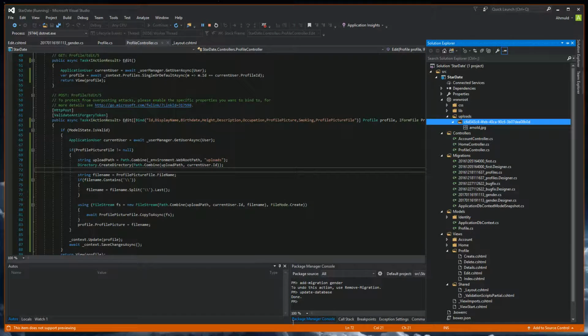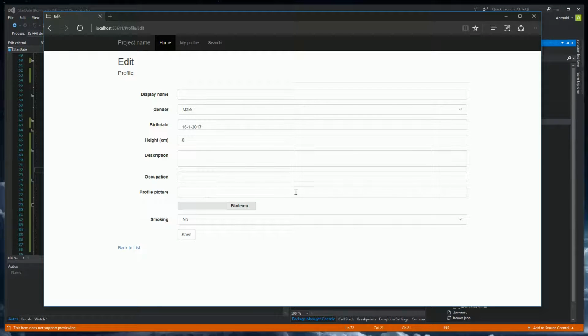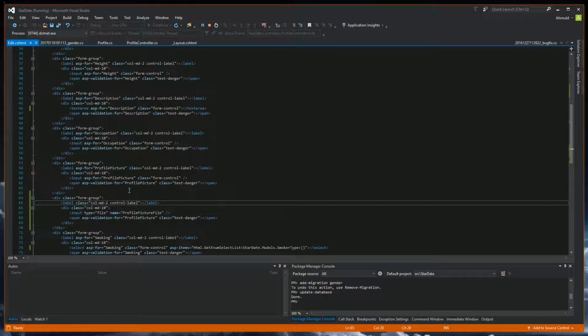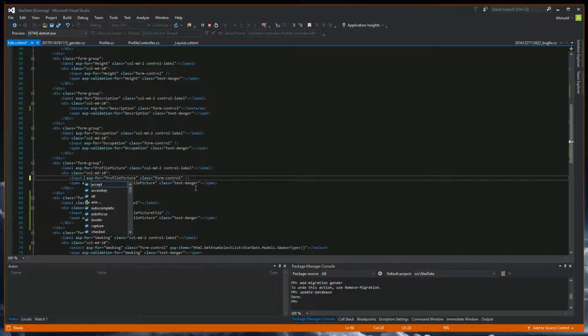So it would be nice if we can actually see the picture here. So let's fix that right now. For this we go to the Edit View. And then where we previously left our input field, we are going to modify this a bit. I'm going to change this input to type hidden, which means the value inside it will be posted again when the user hits the submit button. So we keep this value. If we don't use this element at all, then the value will be reset to nothing. And we don't want to lose this profile picture name, of course. So we have a hidden field. Then we don't need a validation,